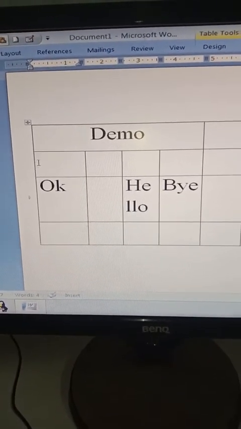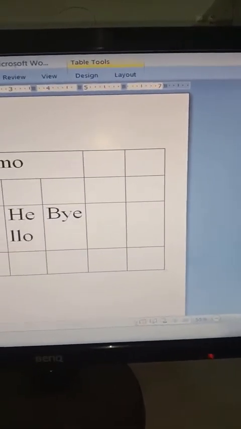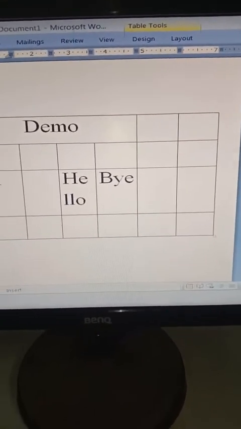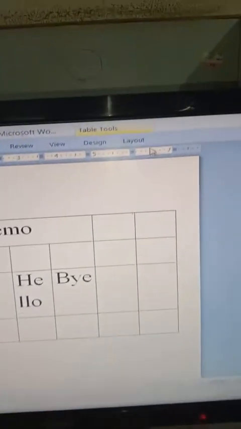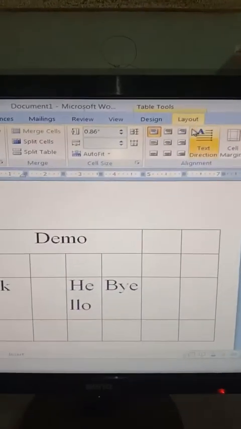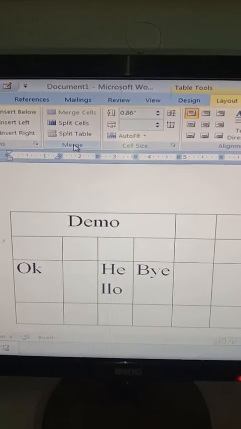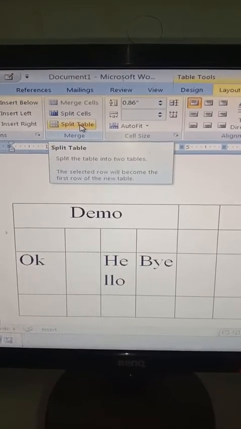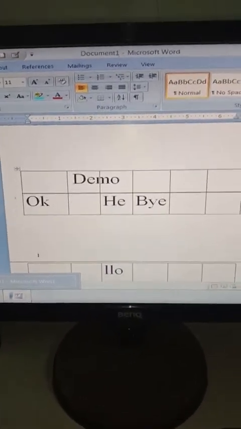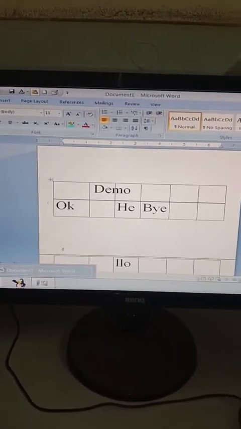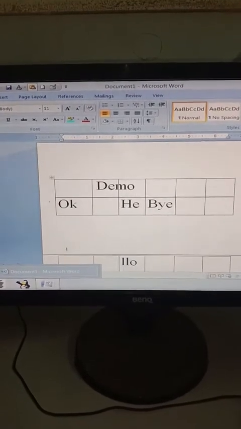So as soon as I bring the cursor over here, I move to the layout tab. From the layout tab I move to the merge group, and from the merge group I clicked on split table. As soon as I clicked on split table, look over here, the table got split into the two parts. This is how we can split a table.